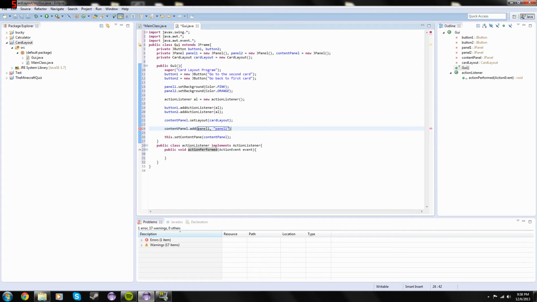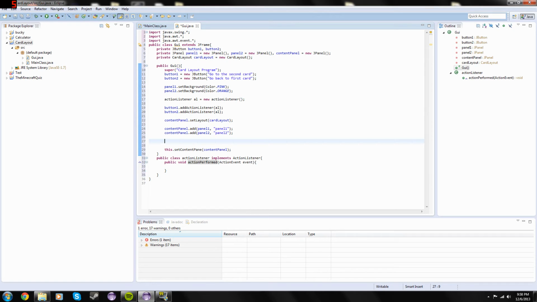This is the name. You can't just type in the object or variable name. You have to also have a string name to actually refer to it as. I just put it the same thing to make it easier. Content panel dot add panel 2. So, okay, and then what we're going to do is say